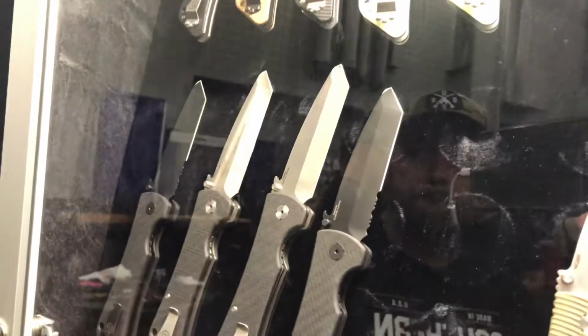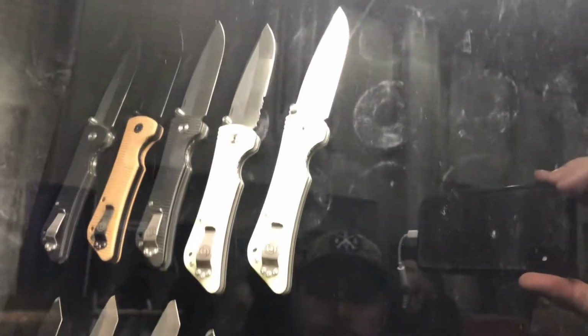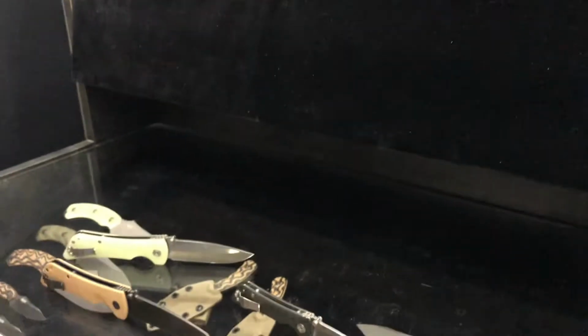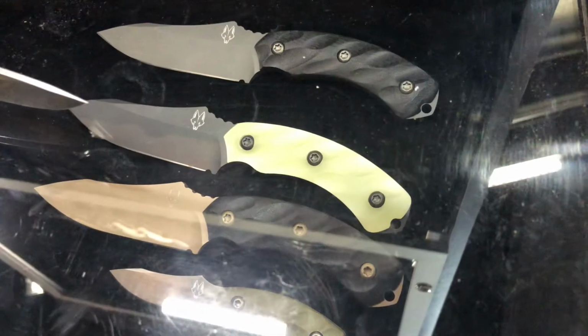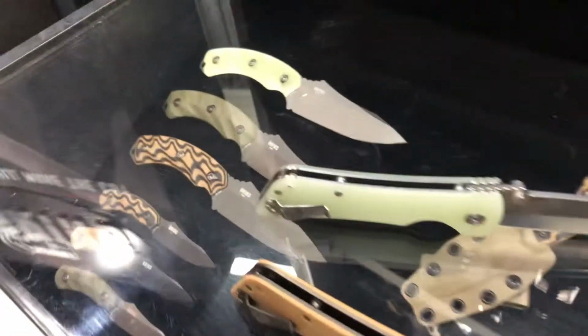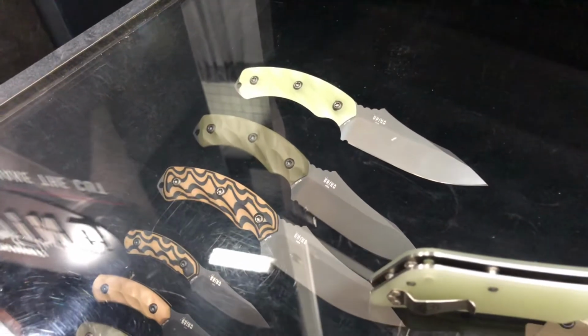I was noticing you seem to always have two finishes for each of the different styles of knives. Yeah, we always have the PVD finish, and then some of our fixed blades we have various different colors. We have some coyote, and those are beautiful. Yeah, multiple different